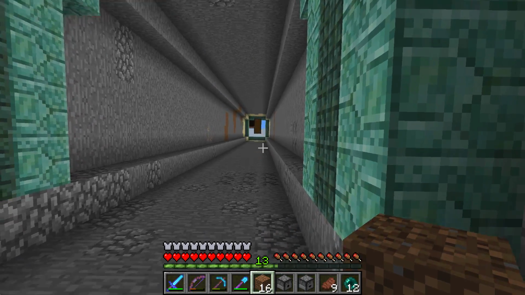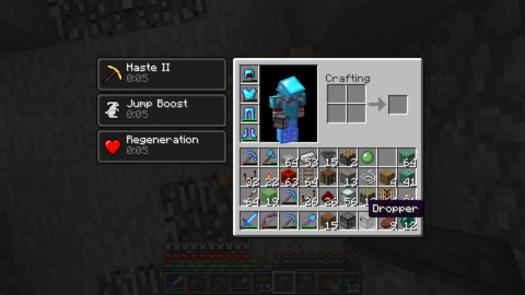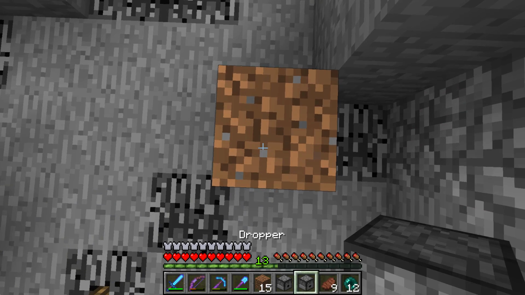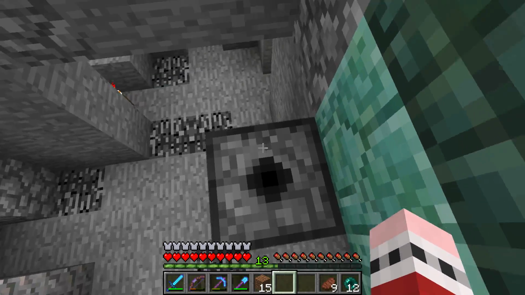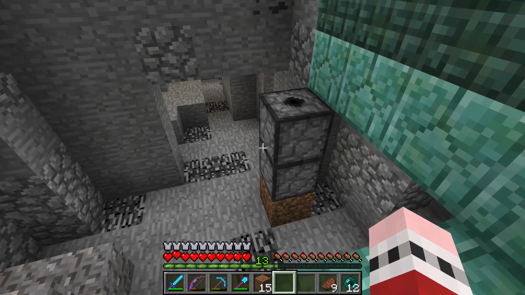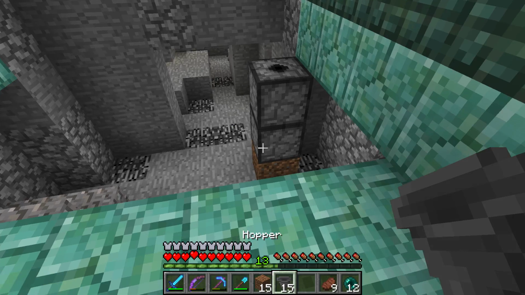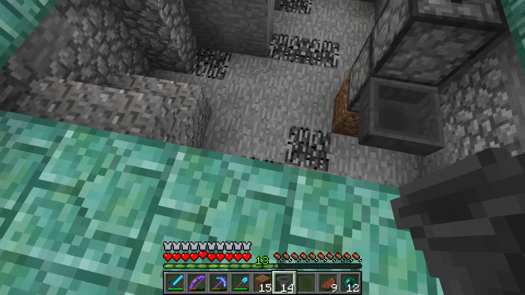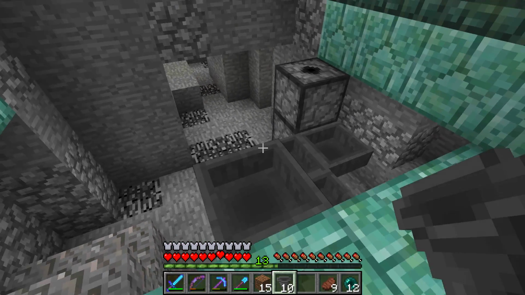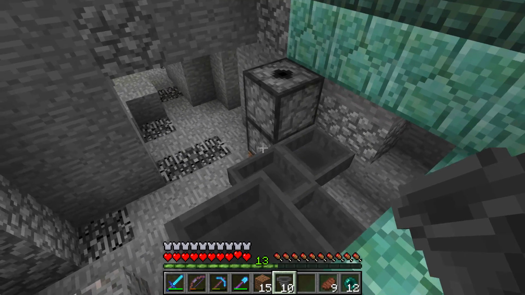So right here, what I want to do is I want to build a, let's see, that's the dropper. Okay, and that's the dispenser. So I need a dropper here and a dispenser on top of that. And what we're going to do is we're going to build a machine that's capable of ejecting a minecart right from here. So if we put something in here, it should work its way back into here and then eject